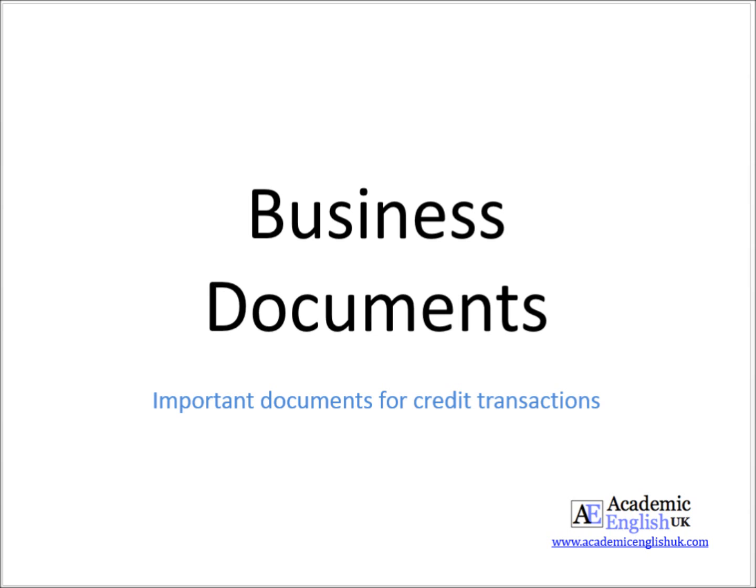The next important document is number 5, the statement of account. At regular intervals, often at the end of each month, the seller sends a statement of account to each debtor. This gives a summary of the transactions that have taken place since the previous statement and shows how much is currently owed. The details on a statement are the name and address of the seller, the name and address of